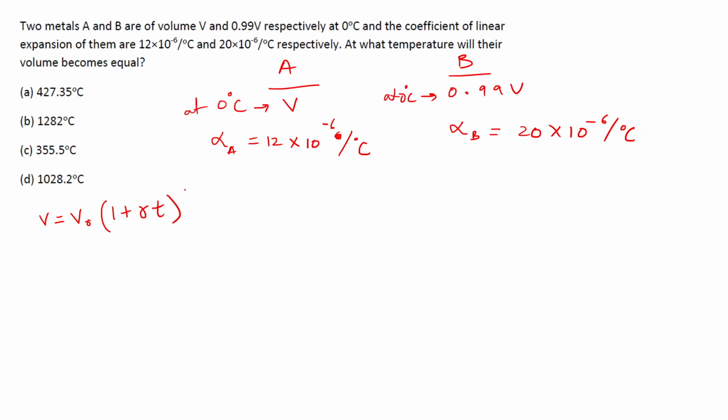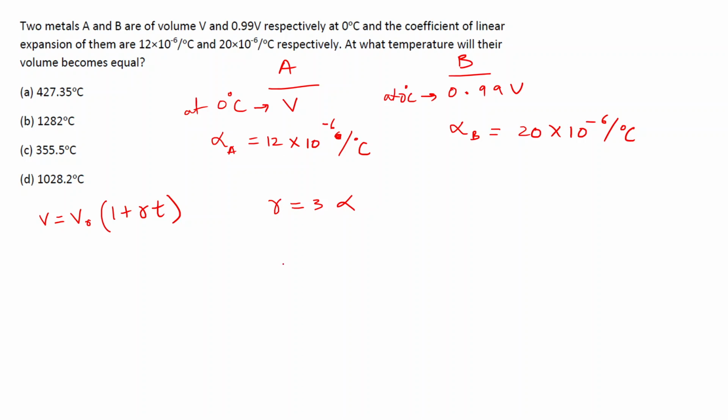We have not been given, they should give, because otherwise it would be difficult to calculate. Let's assume them to be cubic. Then this gamma will be 3 times alpha. We have been given alpha already,